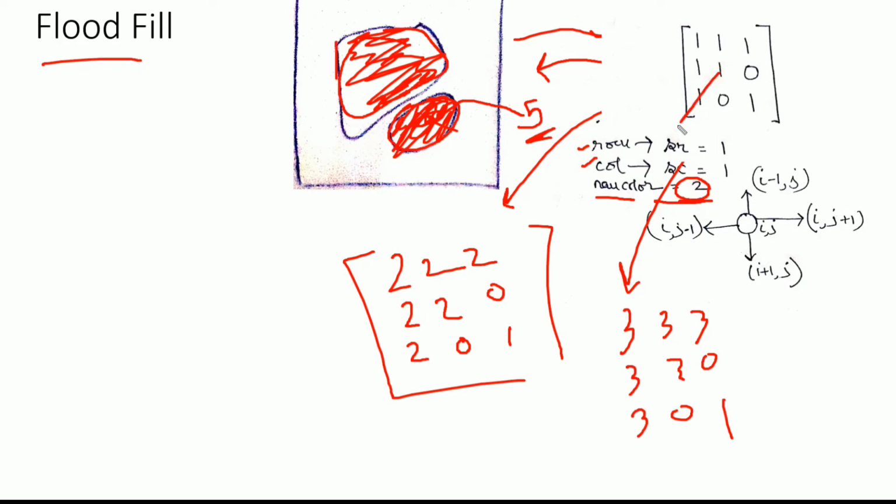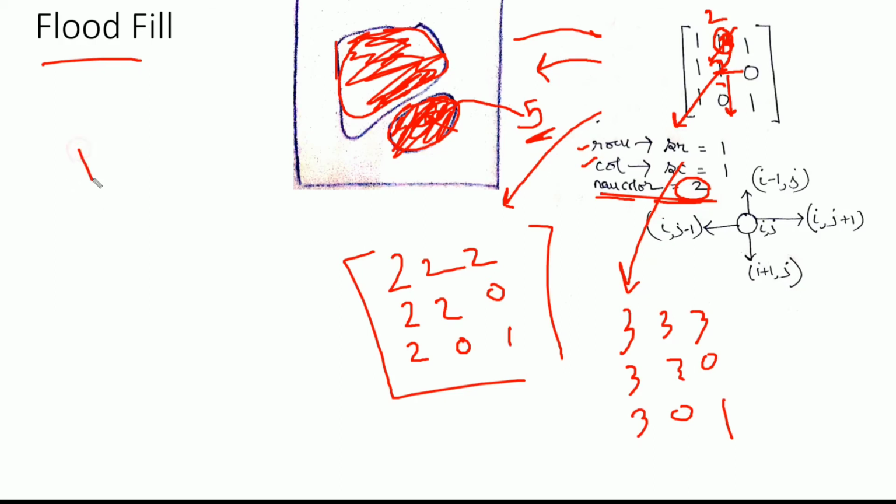So our starting row and starting column is this location. So we will change this from 1 to 2 because our new color is 2. So we'll change this from 1 to 2 and start moving in 4 directions from that location. So suppose from this location we went in the upward direction and we find that the pixel value was 1. So if the pixel value was 1, then we need to change it to 2. Okay, because initially we are trying to fill pixel value having 1 with a new color.